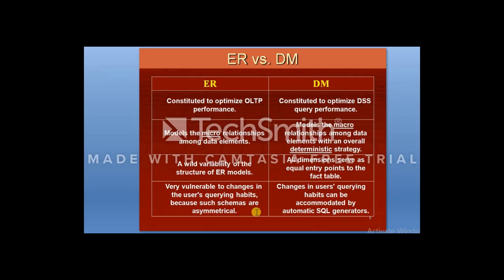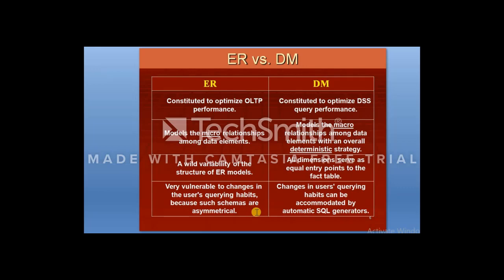Again, we talked about an ER model for a retail company that was making relationships between different entities, like district was related with division, division was related with cities, cities were related with zones, and zones were related with stores. So these are a hierarchy. Let's say we talk about hierarchy in a dimension.